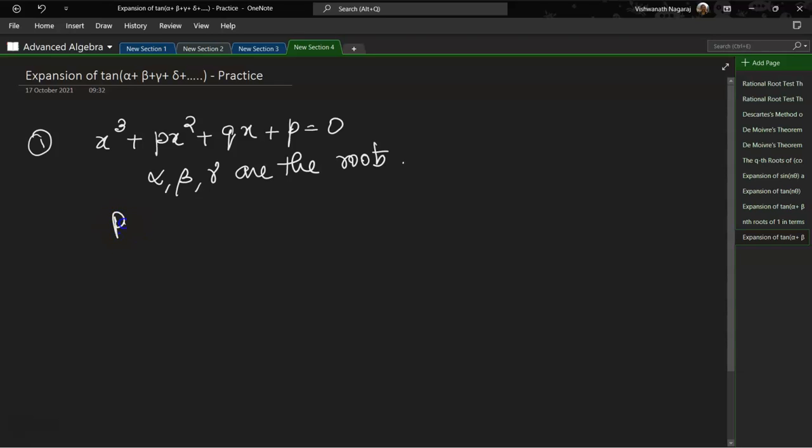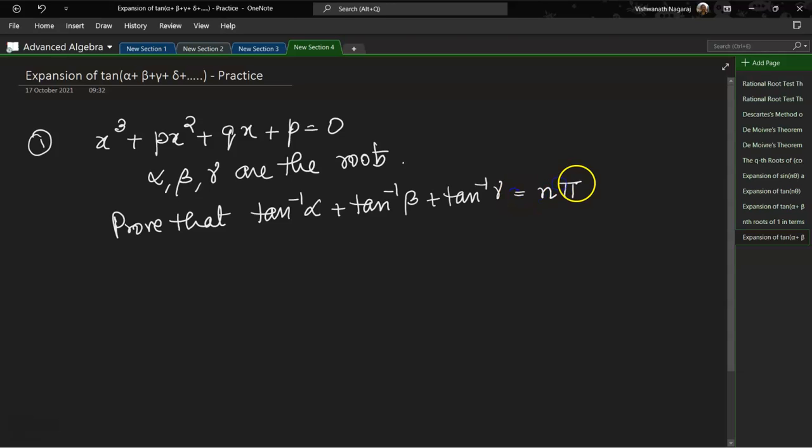Okay. Now what we have to do is we have to prove that tan inverse of alpha plus tan inverse of beta plus tan inverse of gamma is equal to n pi, and we also have to find the exception. Okay. Now relation between roots,